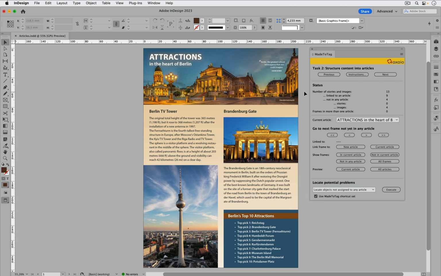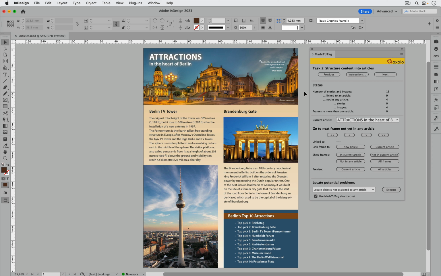The content of an InDesign document is brought into a linear and logical structure by assigning it into articles. The structure should always be based on the natural reading flow in the document. The order of the content in the articles is transferred to the tag tree of a PDF document. Said the other way around, the order of the tags in the PDF reflects the linear article order from InDesign. Screen readers are guided by the tag tree and derive their reading order from it. The contents of the tags in the tag tree are read out by screen readers according to their hierarchy.